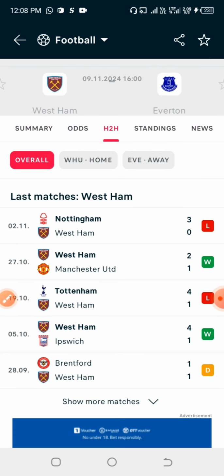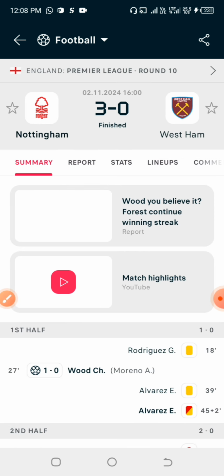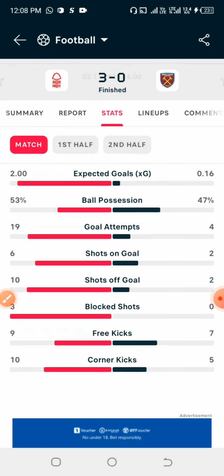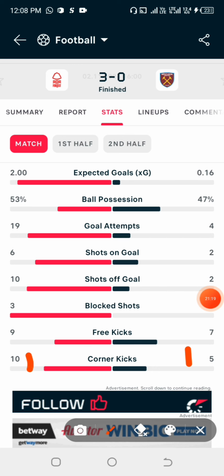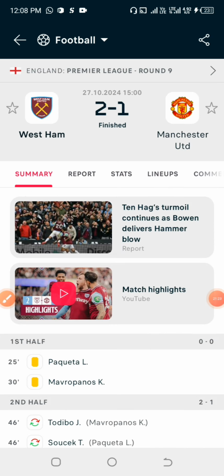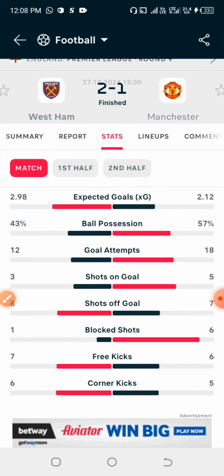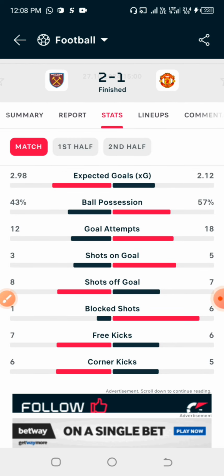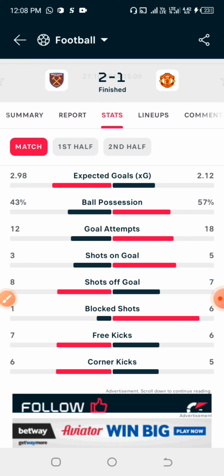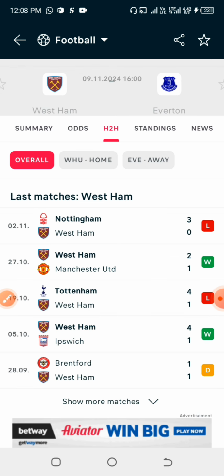So now let's start without wasting much of our time, looking at the last 2 games of the home team, which happens to be West Ham. They had a match against Nottingham Forest, and looking at the total corners that they had there, they had 15 corners. And moving on to the next game they had with Manchester United, how many corners did they have there? Okay, they had 11 corners there. Adding 15 with 11 gives us 26. Okay, let's move on. So for the home team, we can see that in the last 2 games they had 26 total corners.